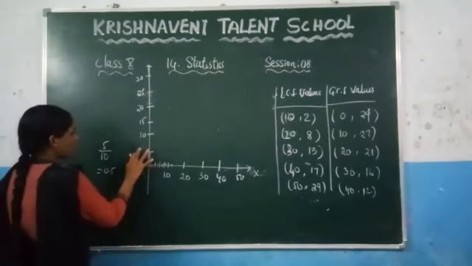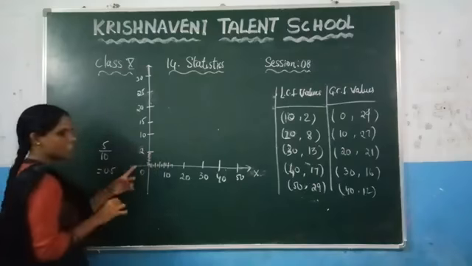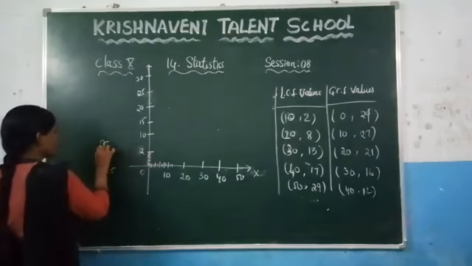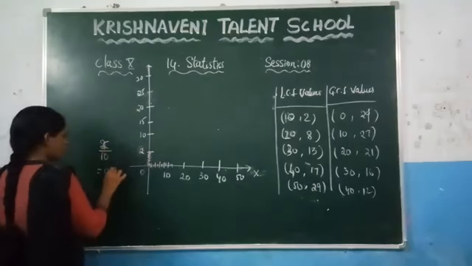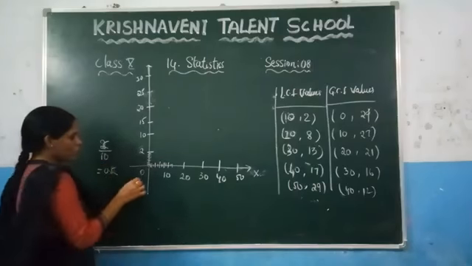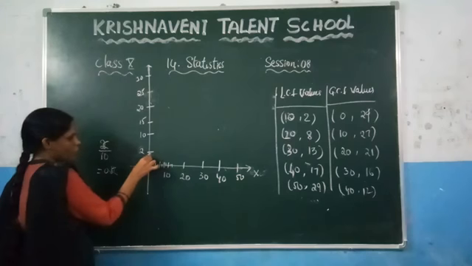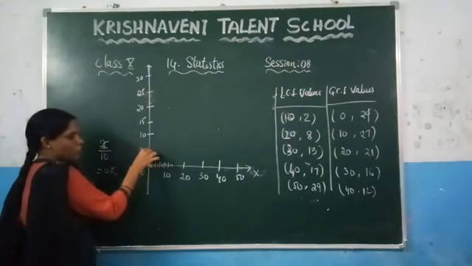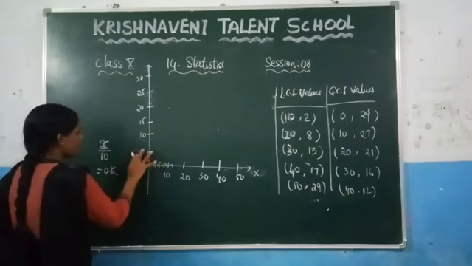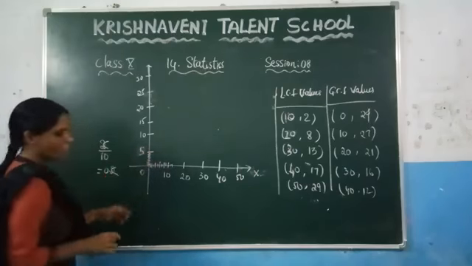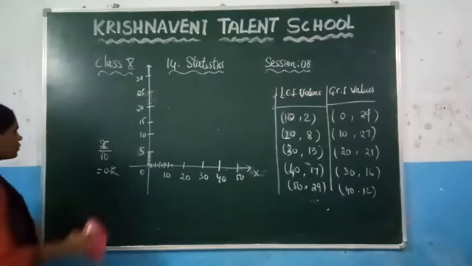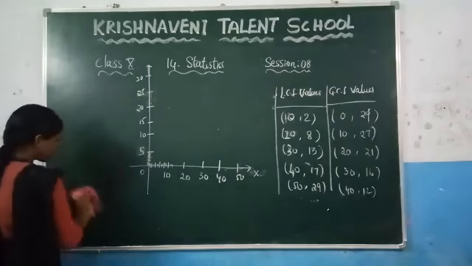Suppose you are given each unit length as 2, what do we need to do? You need to divide 2 by 10, so you will get 0.2, and you can check it here: 0.2, 0.4, 0.6, 0.8, 1, 1.2, 1.4, 1.6, 1.8, 2 like that. Since, based on the values, we took the value here as 5, like that you need to check it here.